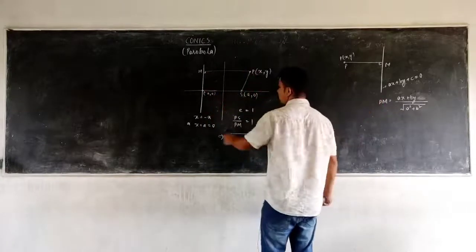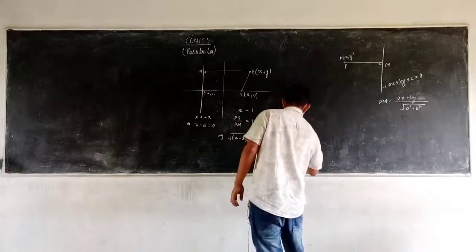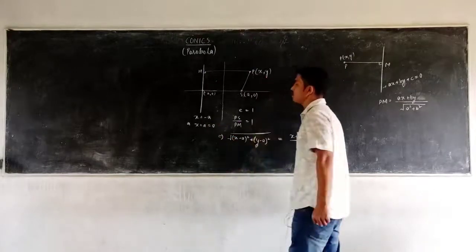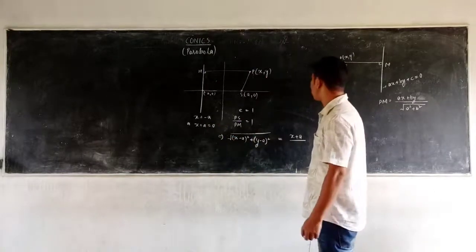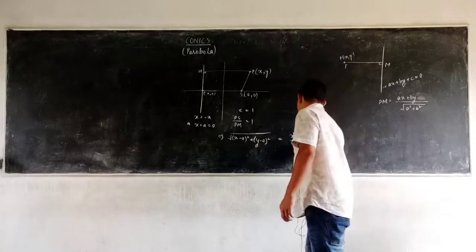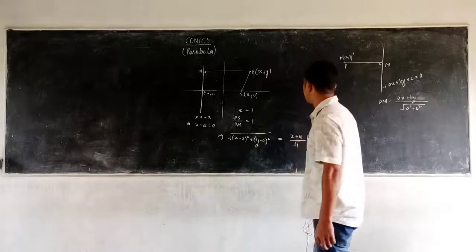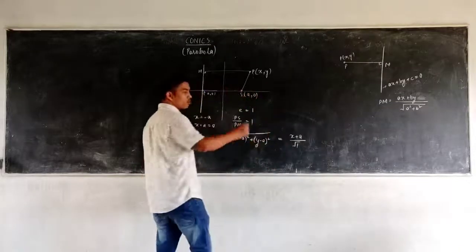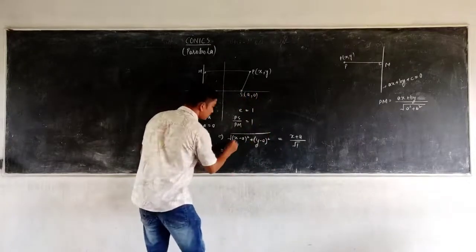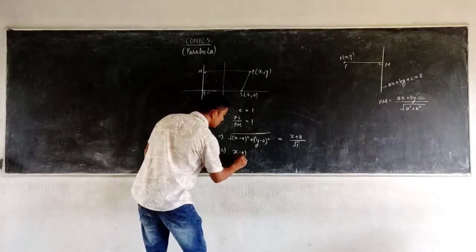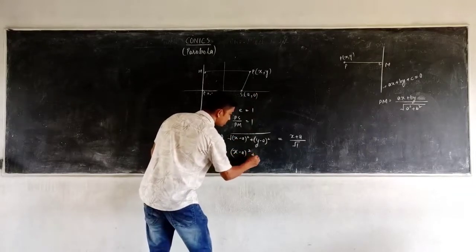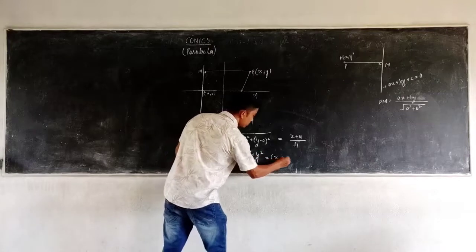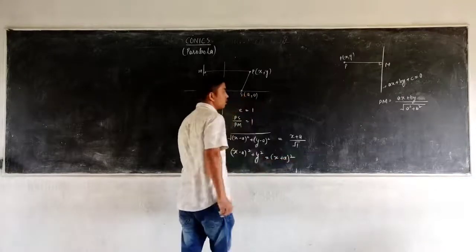Using the same formula, it will be (x plus a) divided by under root of, here the coefficient of x is 1, so under root of 1 is 1 only. So still I write under root of 1 is 1. Now further simplifying this equation, what do I do? I square both the sides. So squaring both the sides, I get (x minus a) whole square plus y square equals (x plus a) whole square, okay.